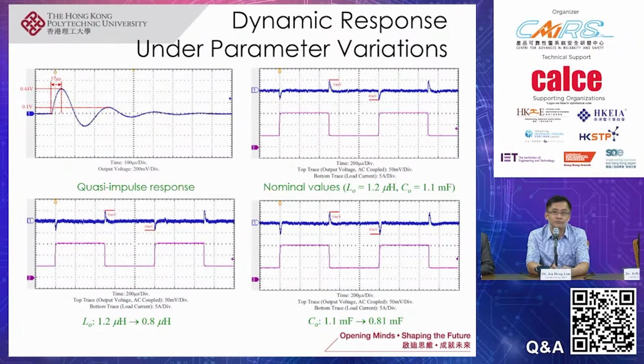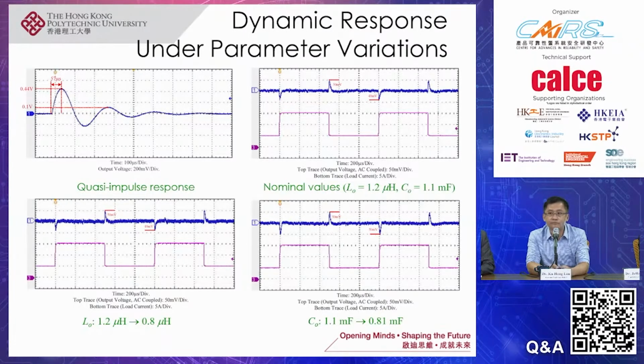After that, we updated the controller, so in the two figures at the bottom, regardless of a large change in the inductance and the capacitance value, we can see that the converter maintains a very good dynamic response, which is almost identical to the dynamic response of a converter when the inductor and the capacitor take their nominal values.